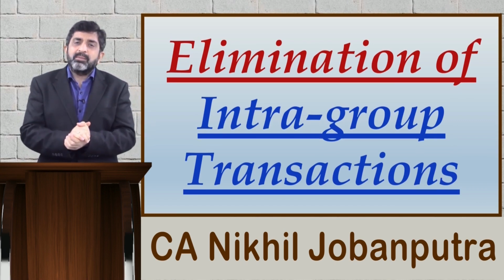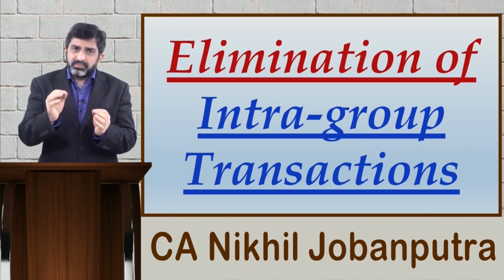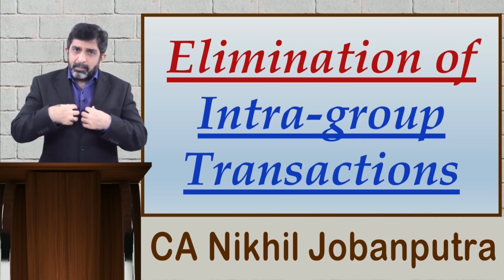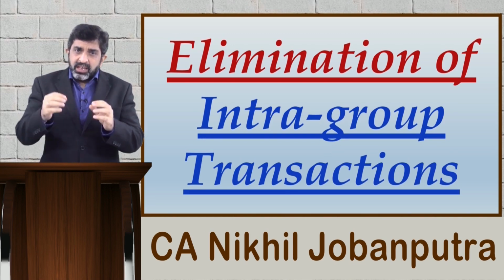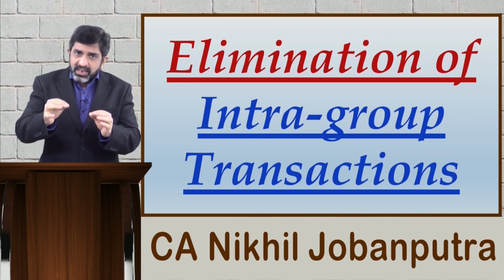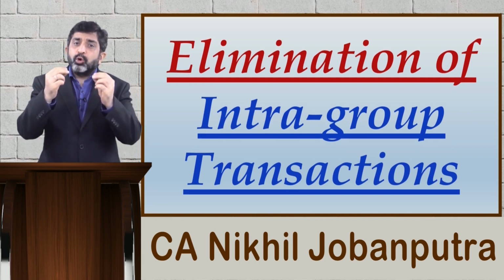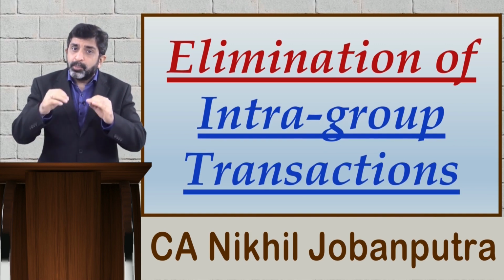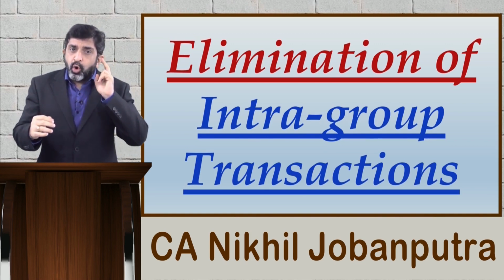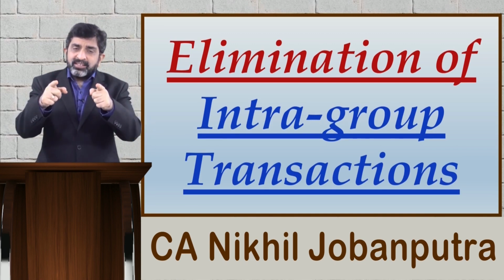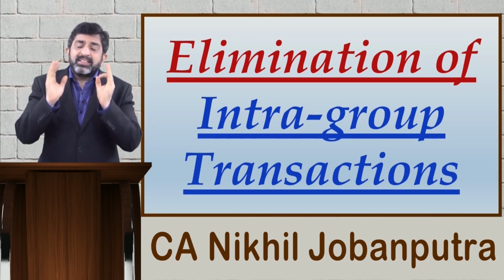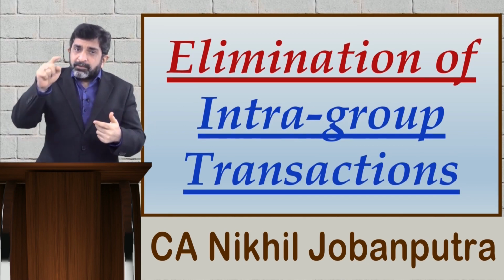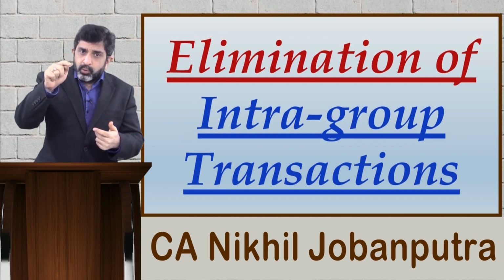Let me give you this by example. Suppose cost of the inventory is 80,000. I am a parent company, you are a subsidiary company. Cost of the inventory is 80,000. I sold it to you for 1 lakh. So obviously I have made a profit of rupees 20,000 because two of us, myself parent, you being subsidiary, we two are separate entities. I have made a profit, but now if that inventory is still lying with you at